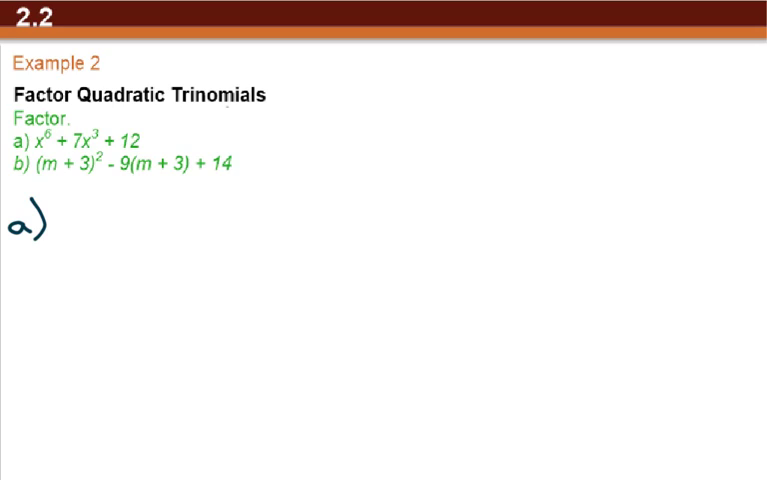With a, we need to find two numbers that multiply to 12 and also add to 7. We could go through the process again, but being relatively small numbers, we should be able to figure out pretty quickly that those are 4 and 3. So that when we go to factor this,